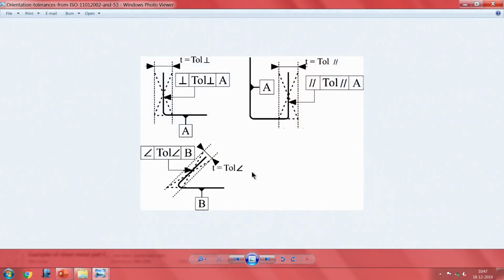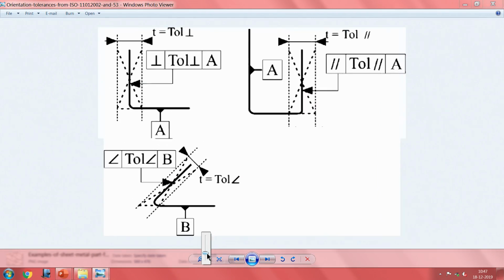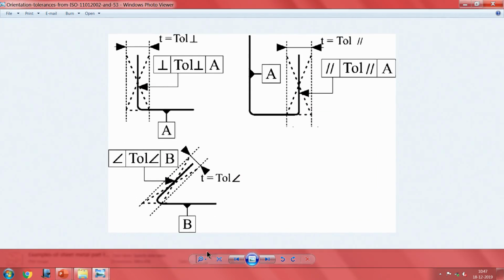The presentations here are as per the ISO, and more or less everything is maintained. You see here there is a reference to a part A. There is a perpendicularity symbol here, there is a parallelism symbol here, again according to the particular features that are presented here. So when you make the solid model, we have no issue with it. The models get easily done.